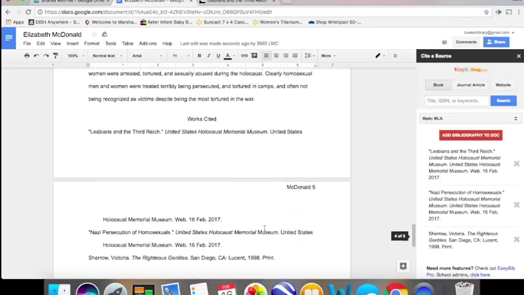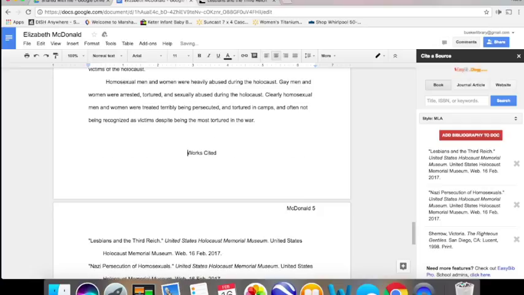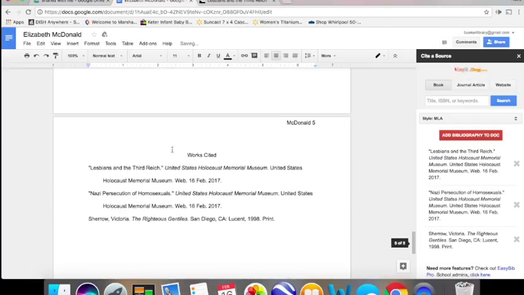Ready? There it is. Now I've got to make sure it's on its own page. Notice it says Works Cited, and it put in each of the works cited entries just like they should be, and they're already in alphabetical order. I'm not done yet. Now's when I need to pull out those database articles that I used that have the